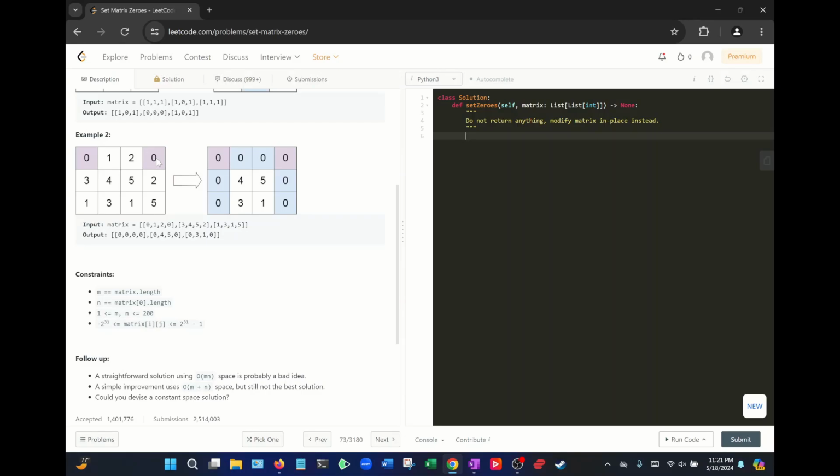And then you could use that matrix to keep track of filling out the zeros, because then you could loop over the original matrix and see, okay, if there is a 0 in that other matrix that we're using to store the original zeros,